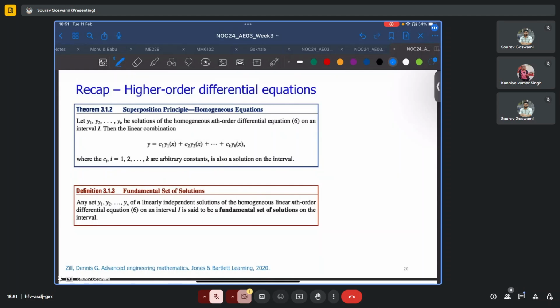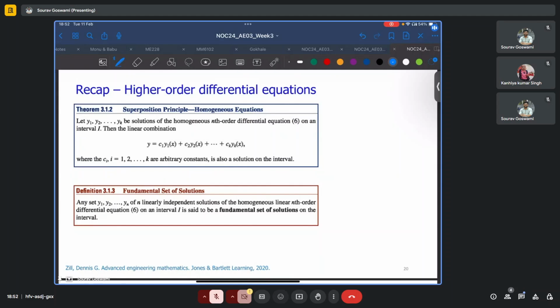And if on the RHS we have a constant or any other function except for zero, it is called non-homogeneous. For non-homogeneous equations, we will have both a general solution and a particular solution, whereas for homogeneous equations, we'll only have the general solution.